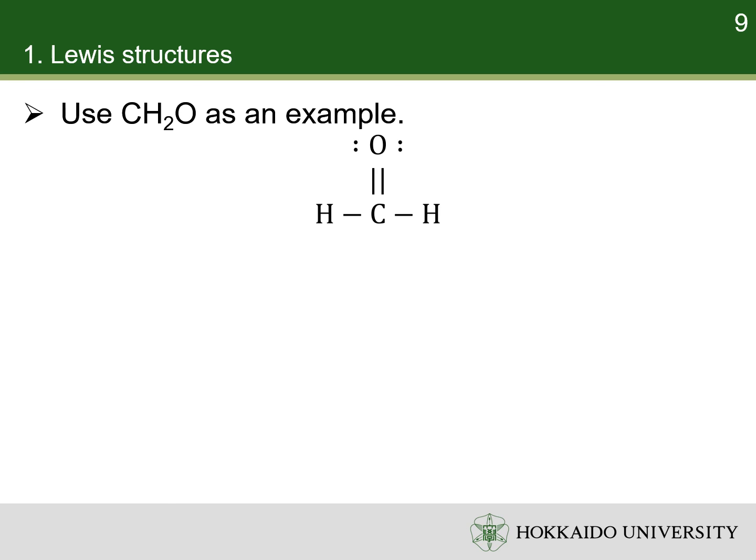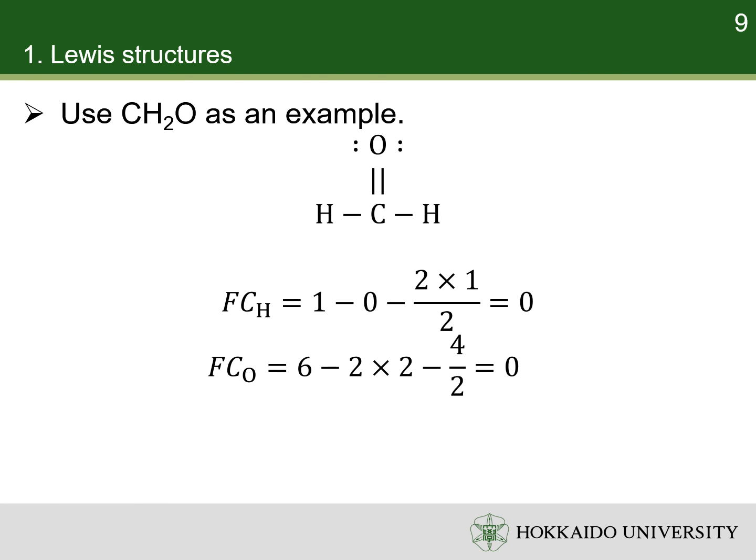We can use the Lewis structure of formaldehyde we drew just now as an example. The neutral hydrogen atom in isolation has one valence electron. In the Lewis structure, a hydrogen atom has no lone pair. It has a single bond. One of the two electrons in this bond is assigned to the hydrogen atom. Thus, the formal charges of both hydrogen atoms are 0.